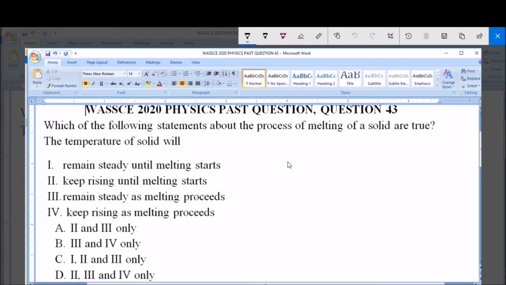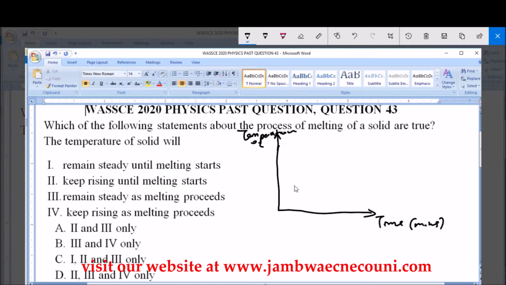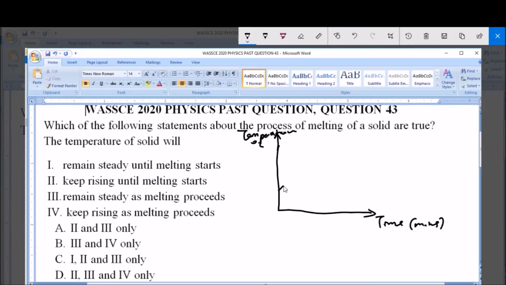Now, when heat is applied to a solid, certain changes occur, but before these changes occur, there must be an increase in temperature in this solid. Let's represent this graphically. Let's assume this is the temperature in degrees Celsius and here is the time in minutes. Now let's assume heat is applied to a solid. The temperature of the solid will continue to increase until it gets to the melting point of this solid, where this solid begins